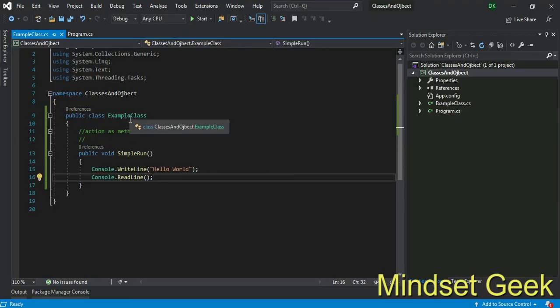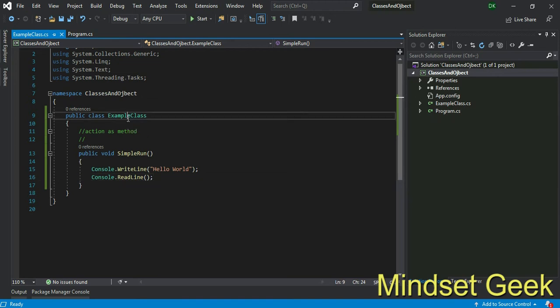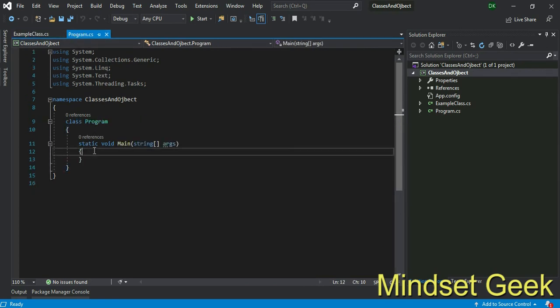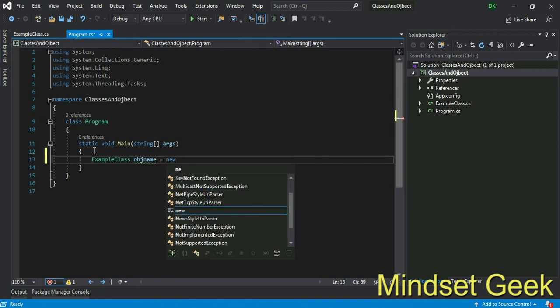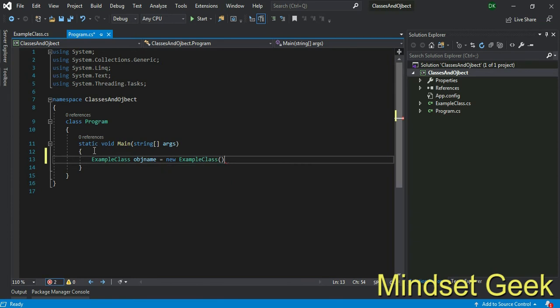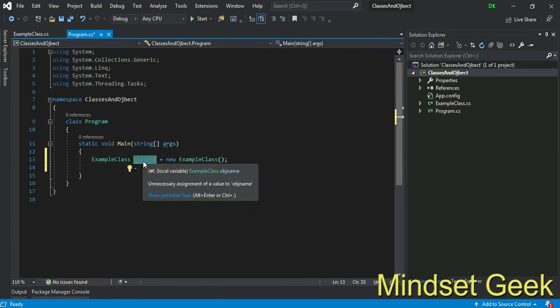Your class is not static, right? Then you must create an object and access this method with that object. You know how to create an object: class name, object name, you can use any name, equals new, and access your method.